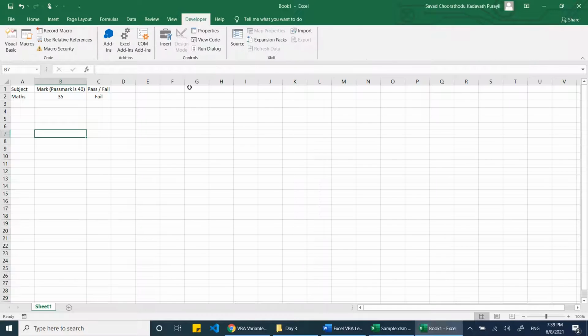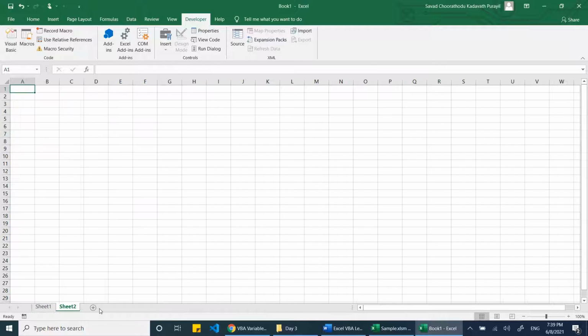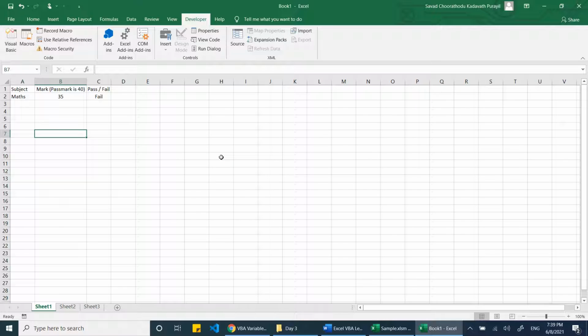Now let's see how we can write it in the VBA. Before that, let me create two more sheets. We can simply write here, like to learn VBA, and doesn't like to learn VBA. So these are the two sheets we have. Now to move between sheets, you can use Control Page Down, Page Up.